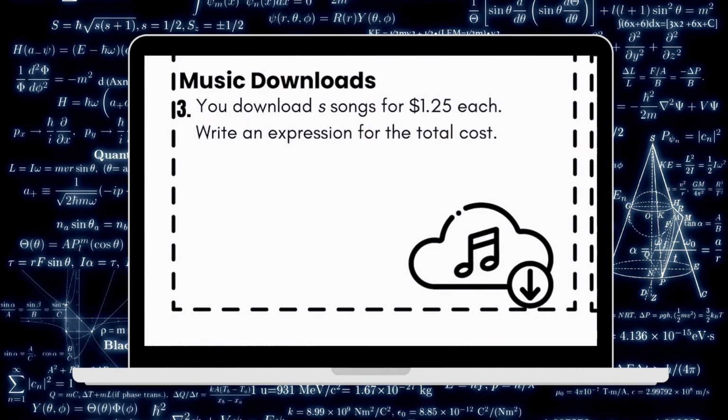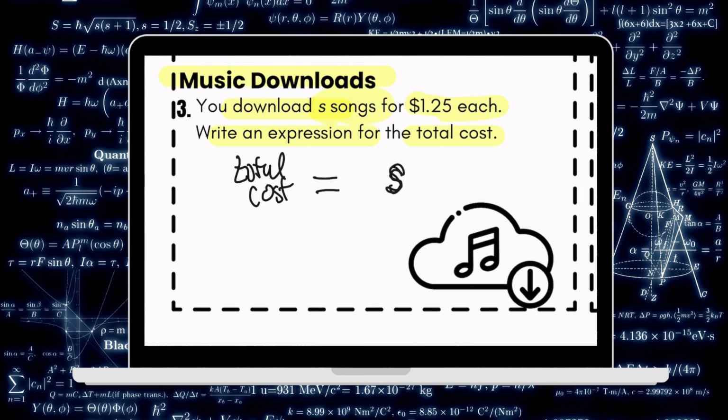Let's look at number 3 now. We have music downloads. So you download S songs, so there's our variable again, for $1.25 each. Write an expression for the total cost. Okay, so we are going to say my total cost, however much money I spend, is going to equal the number of downloads, right, which we don't know. But let's just think about this. If I know each time I download a song, it's